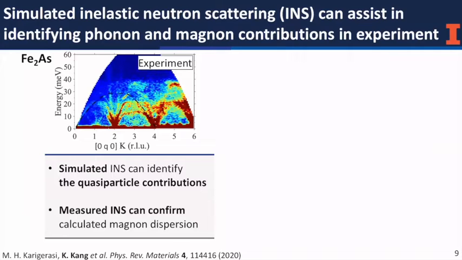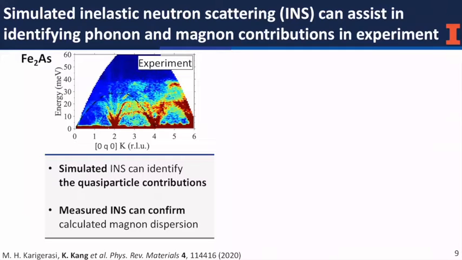In-house neutron scattering experiments can directly measure the phonon and magnon dispersion with the low energy excitation along the Q space. So with the experimental collaboration, we could get the in-house neutron scattering result of iron arsenide. However, it is not easy to distinguish the phonon and magnon signals in experiments because their signals are merged together.